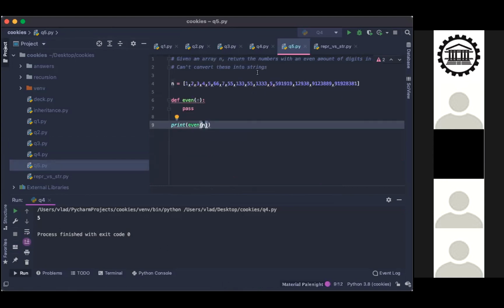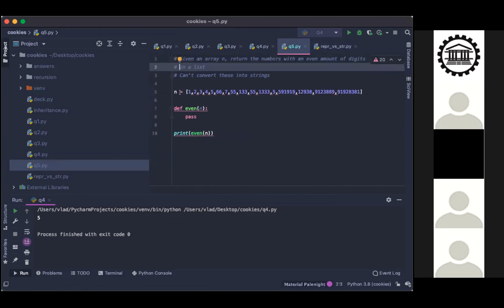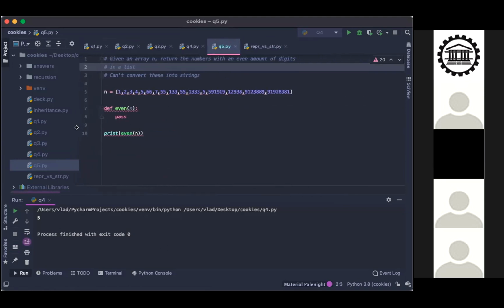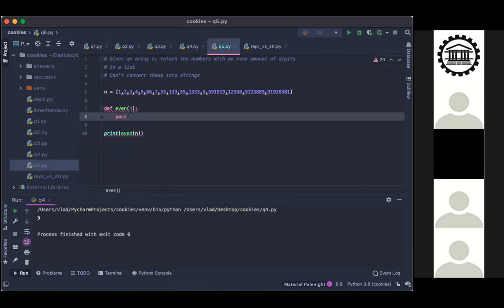All right. Next up is question 5. Given an array n, return the numbers with an even amount of digits in a list. So you can't convert these into strings. Okay. This one's gonna take a while. Good, take your time.